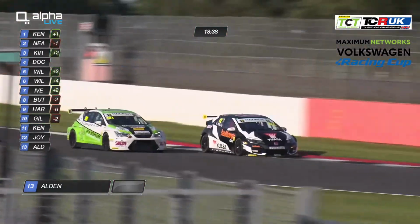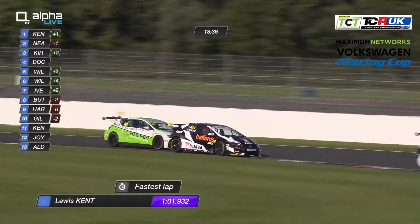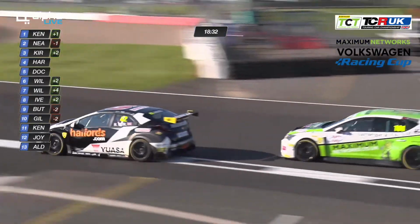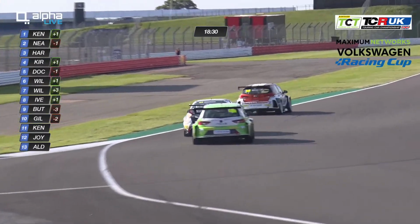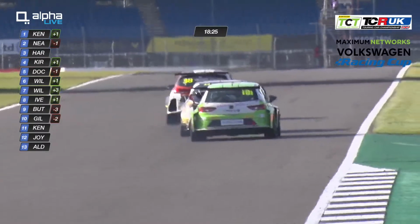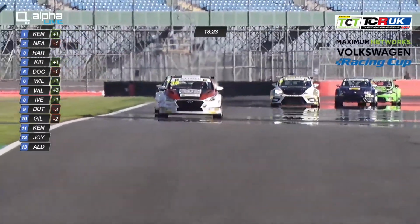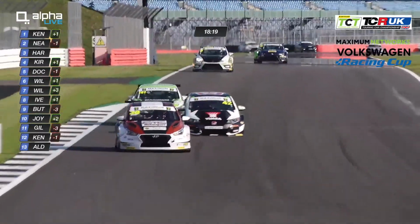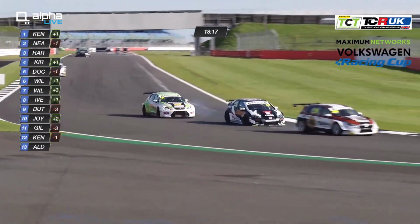Henry Neal and Max Hart right together as they go towards Becketts. Max, I thought he was looking down the inside there, doesn't quite get it done, tucks it in for the second part of the corner. But battle commences straight away here, instantly on it now as Henry Neal tries to recover once again. Not only is this incentive for Lewis Kent to put his foot down, it's also incentive for Max Hart to try and get his best result of the season. He's had three third places so far this year. He wants to try and improve it as Henry Neal makes a small dive to...